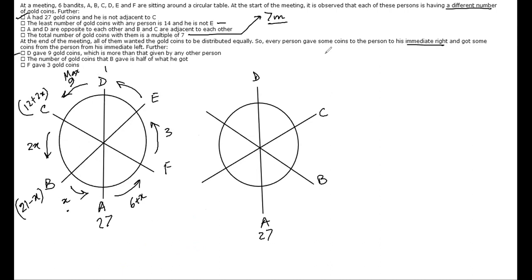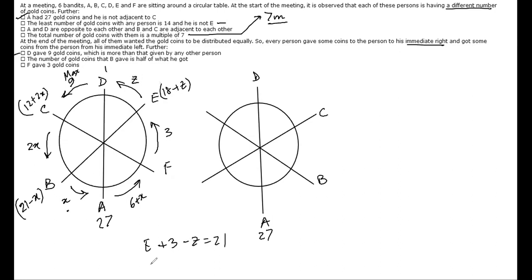Chalo, next. Let's figure out what D is then. And what is E? E came to 21. How? E got 3 and gave away something else. Let's say Z, because it's not given how much he gave. So I take another variable Z. E got 3, gave away Z and became 21. So E's value must have been 18 plus Z, okay?